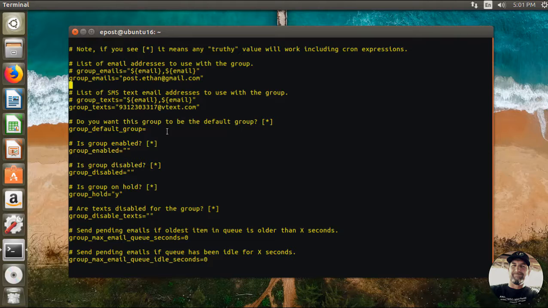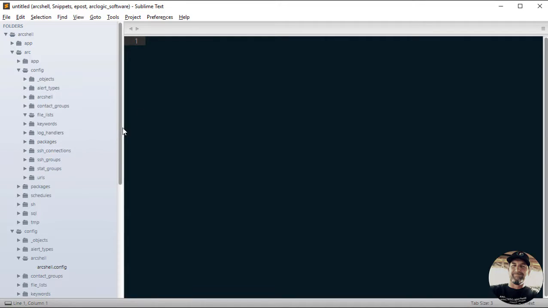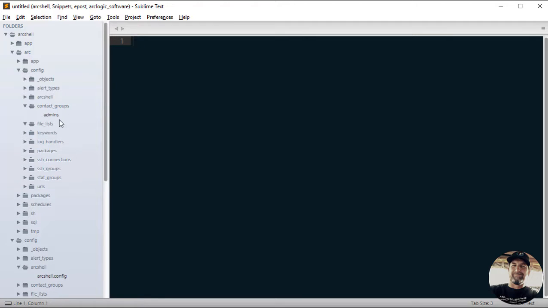So all you need to do is edit those values, and then you need to run refresh. And you could edit a bunch of contact groups and then run refresh just once, and that updates any indexes and things associated with the contact group. And at that point, your contact group is set up. The admin group is going to be the default group at this point because it's the only group that's set up. And I'm again going to pull up my Sublime text editor